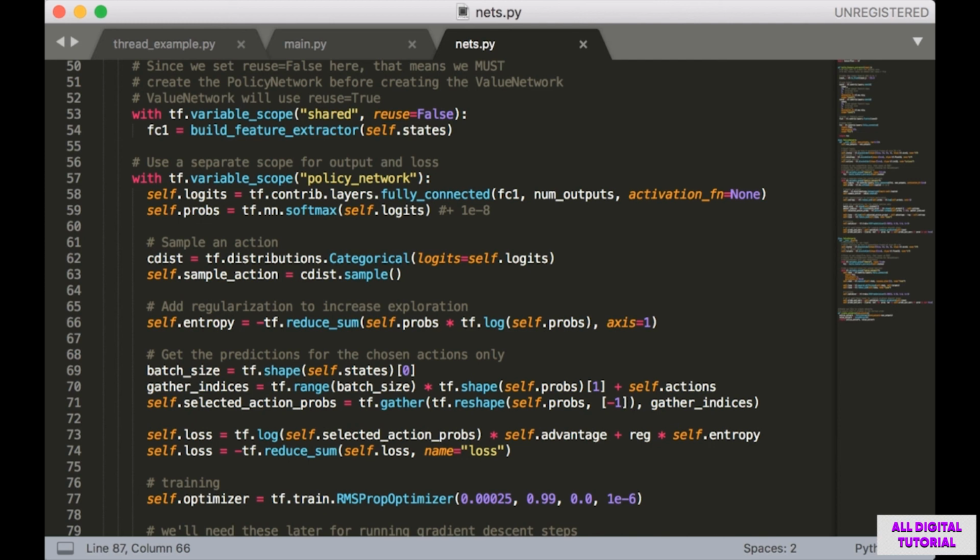Next, we have the entropy term, which acts like regularization for our model. Next, we need to select the probabilities for the actions that were actually selected. Unfortunately, this isn't as clean in TensorFlow as it would be in Theano, but we can still make it work. As always, you can explicitly output NumPy variables at each step in order to get a better idea of how each operation works. Finally, from the selected action probabilities and the entropy, we can calculate our loss. The next thing to do is write some code to help us minimize this loss.